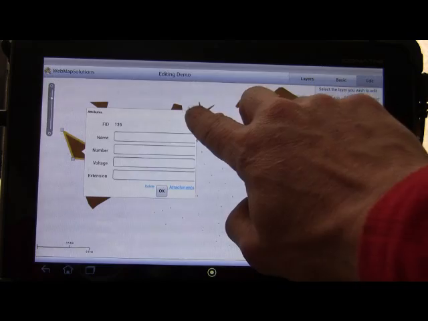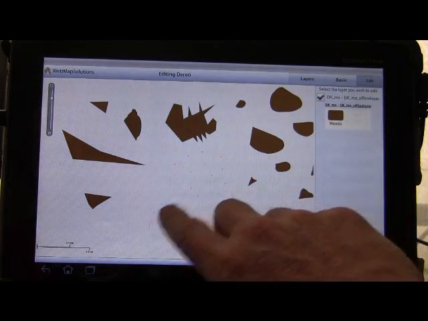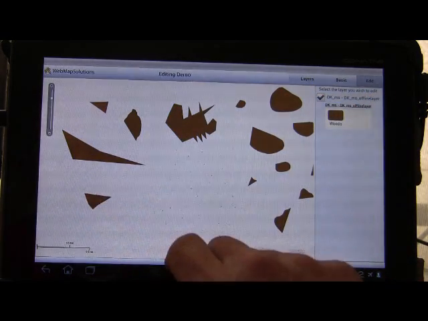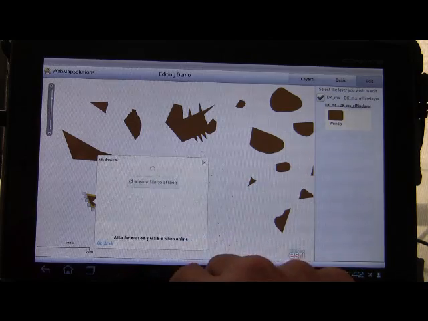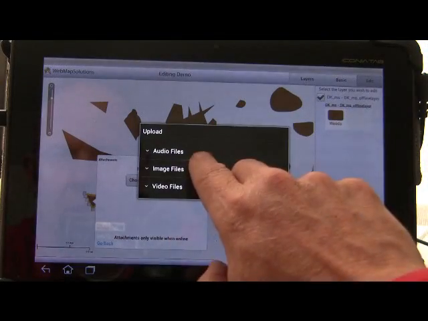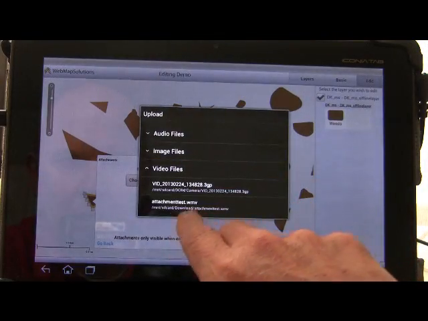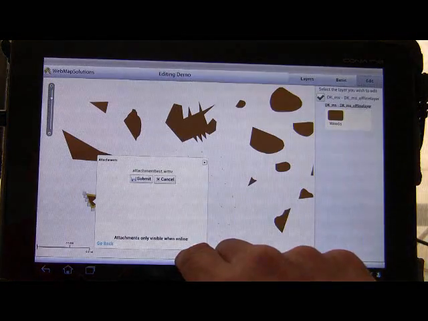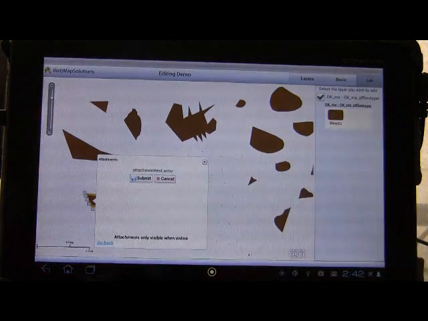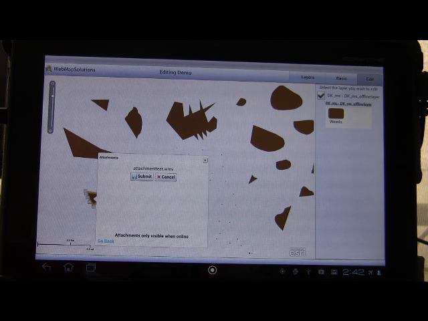Now I'm going to try a video file here. I'm not actually sure, we've not tested this, so let's just see. So there's a video file, and we've got an attachment test right there. Let's just submit that and see what happens. So what I wanted to say about this was,